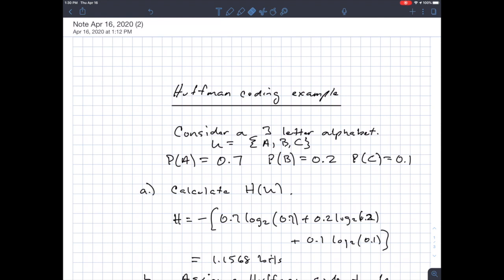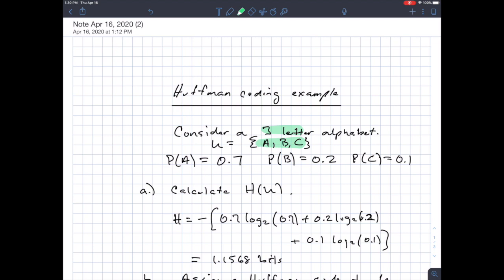Okay, this video is covering a Huffman coding example that I want you to be familiar with and know how to do. And like many things that we do, it's a really simple model. It's not practical. You don't see source alphabets with just 3 letters, okay? But we're going to start with something that has 3 letters, and we're going to make a probability assignment on